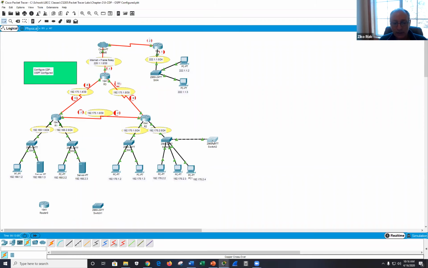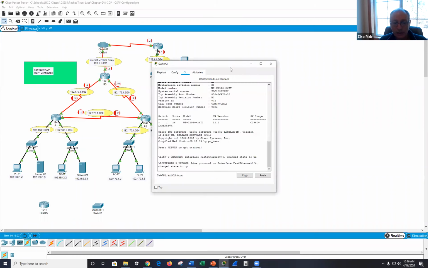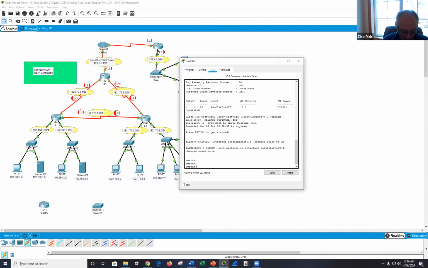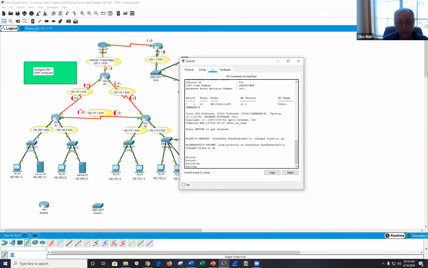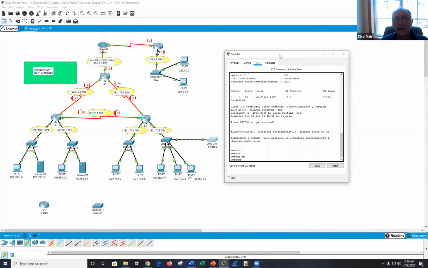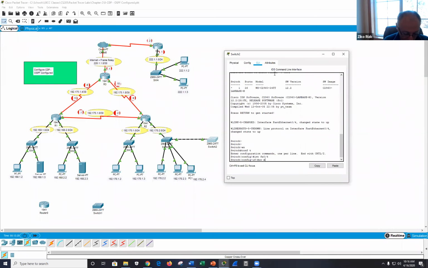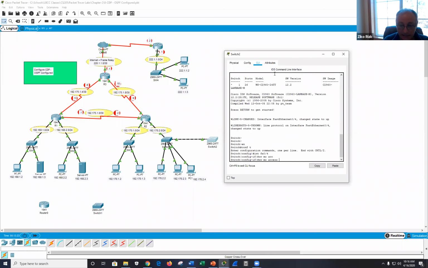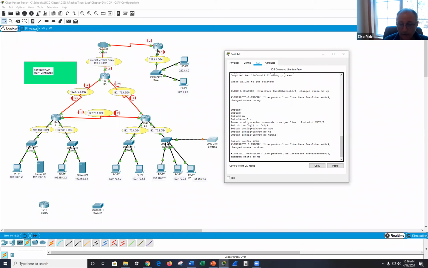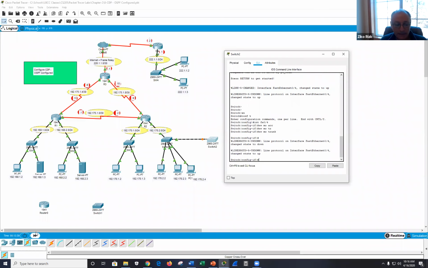And let's say on this brand new switch, remember this is a cracker switch, I come over here and I configure FA04 as a trunk. And let's see what's going to happen. And I'm going to say conf t, interface FA04, and switch mode access. No, trunk. Okay. And let's see what happens. And now over here,